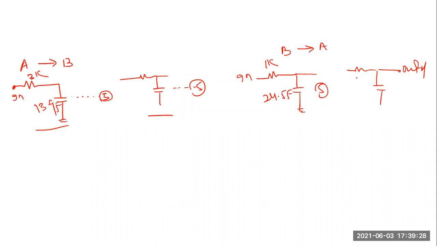So you will not change the code structure. Only you change the values. 1K instead of 3K, and 24.5 femto instead of 13.9. So, everyone getting my point? Same thing, your structure will be same. Just change the values. Instead of 3K, use 1K. Instead of 39.5 femto, use 24.5 femto. And check your timing.